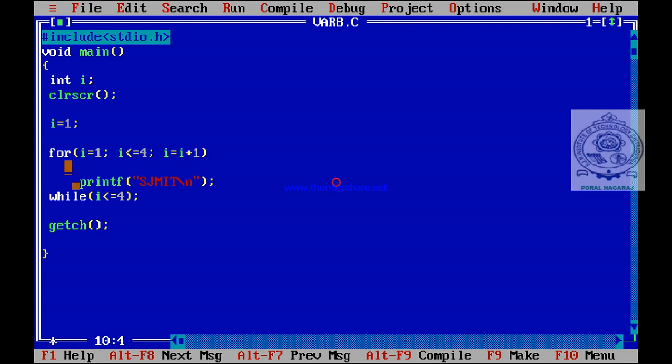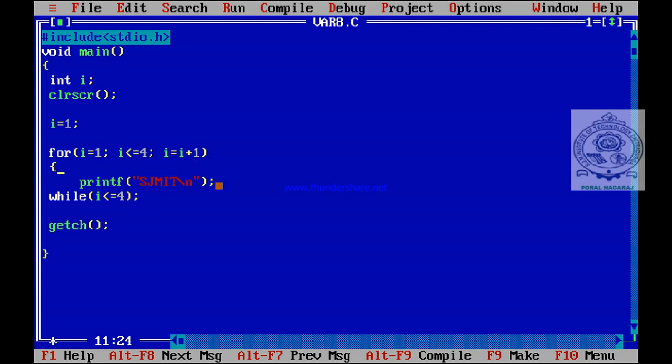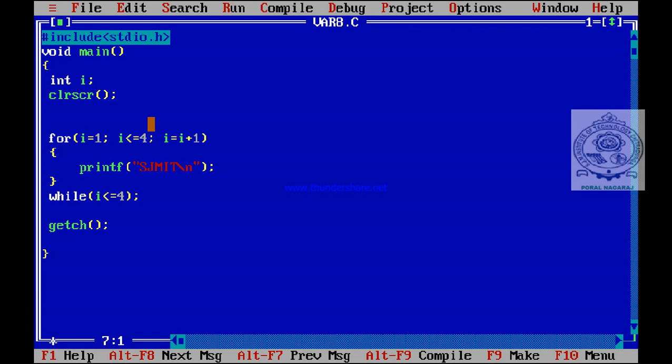Okay. So if you want, you can observe. You can use one curly brace. Your body of the loop contains only one statement. You can use another curly brace. See, this is the body of the loop. So we have removed I assigned the value I plus 1 and we have kept it here. We are going to remove this one, I assigned the value I plus 1. Then we write here, sorry, I assigned the value 1. We initialize here itself. So this is not required, remove it. Now this is the implementation using a for loop.